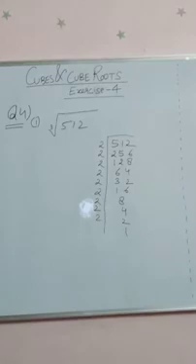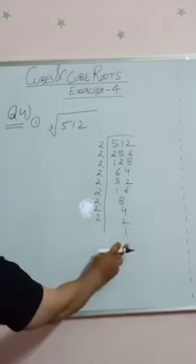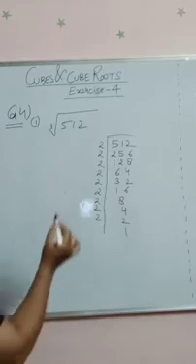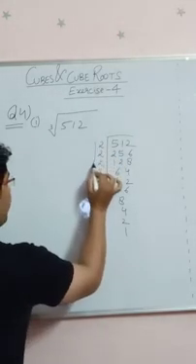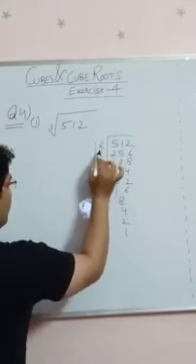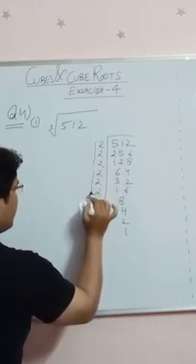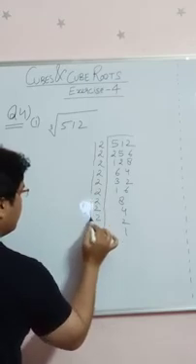So we are going to go for the division in this prime factorization method until the quotient becomes 1. Once the quotient is 1, we are going to focus on all the factors that we have got. In the case of square root, we were focusing on the pair of factors. Here in the case of cube root, we are going to focus on triplets of factors, that means a group of 3. So if you see, this is the first triplet that I have found. Remember, it should be the same factor. So 2, 3 in number, I have made a triplet out of it. This is the second triplet and this is the third triplet.